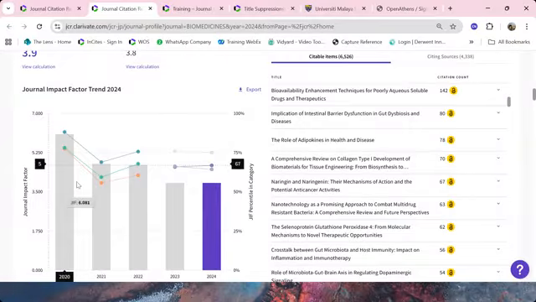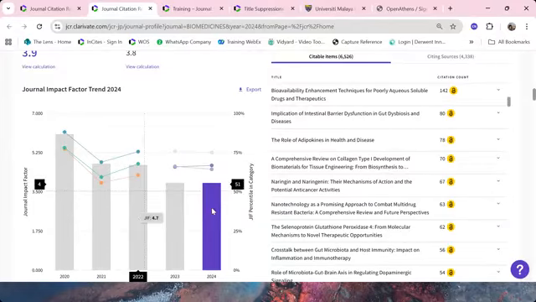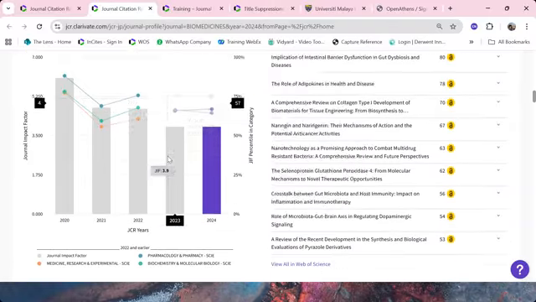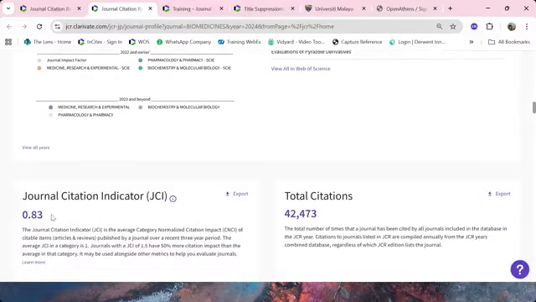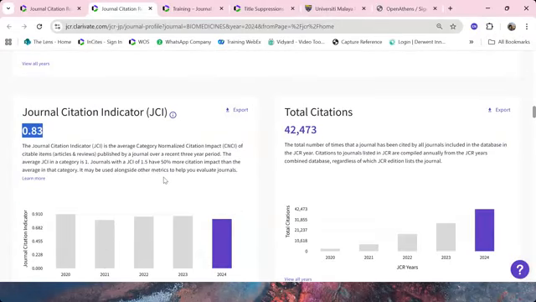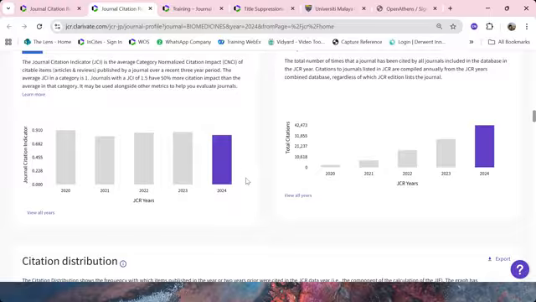Yes, to a certain extent, if you see that the journal impact factor trend is on a decline, it can tell you that the journal's impact is not performing very well over the last few years. And if the JCI is less than 1, it's also a sign that it's not giving good impact at the moment. So it might also affect your decision on whether you want to select that journal to publish in. I hope that answers your question, KS Tan.